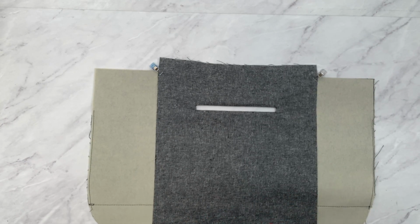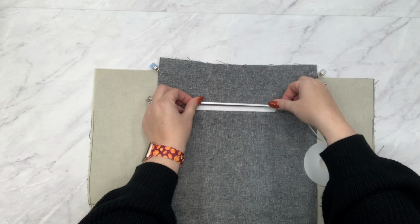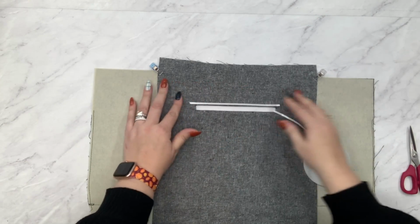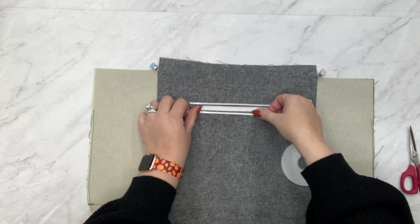So I'm going to go ahead and use my 1/8 inch tape right here. Typically on cotton, I do use 1/4 inch fusible, but there is nothing wrong with using the non-fusible tape. This is just your standard double stick tape. I buy mine from